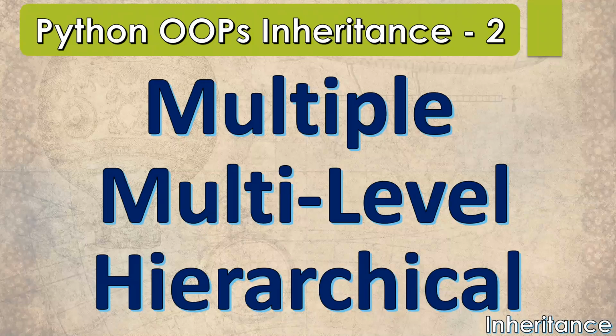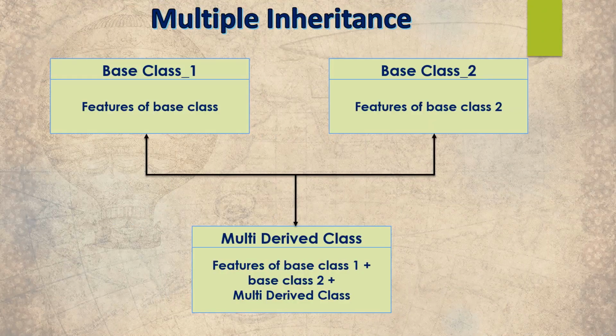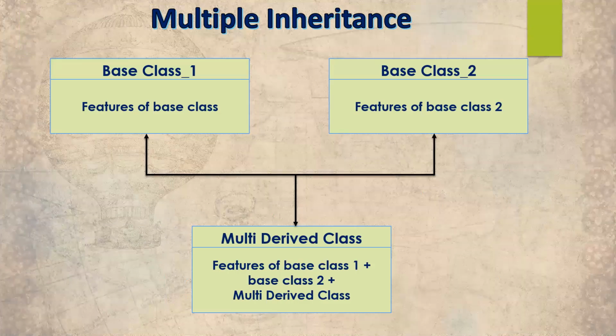So guys, first we will understand why we use multiple inheritance and what multiple inheritance is in Python programming. In multiple inheritance, a class can be derived from more than one base class. So this is called multiple inheritance. In it, all the base classes are inherited into a derived class. Writing multiple inheritance is just similar to single inheritance, as we saw in the last session. So let's understand this figure.